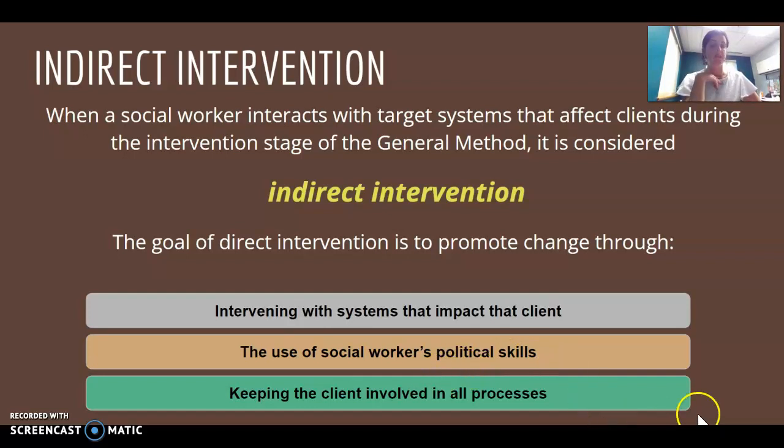And so an important part of doing indirect intervention is making sure that your client is okay with it and that they're aware of what you're doing, and you want to keep them involved in all processes. So again, even though it might not be directly implemented onto them, they might need to know the advocacy skill further down the road because you are not a permanent fixture in their life. And so teaching and showing the individuals, modeling, is the word I'm thinking of. Modeling how to advocate for oneself is a very important thing for a client to see, and that can be a really helpful direct intervention while you're doing an indirect one.